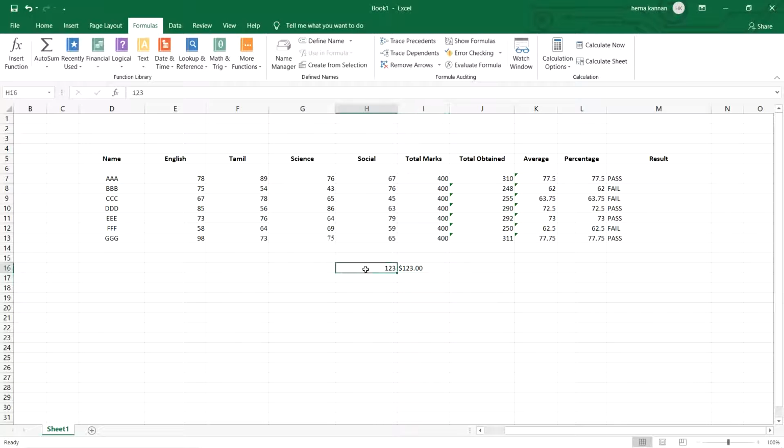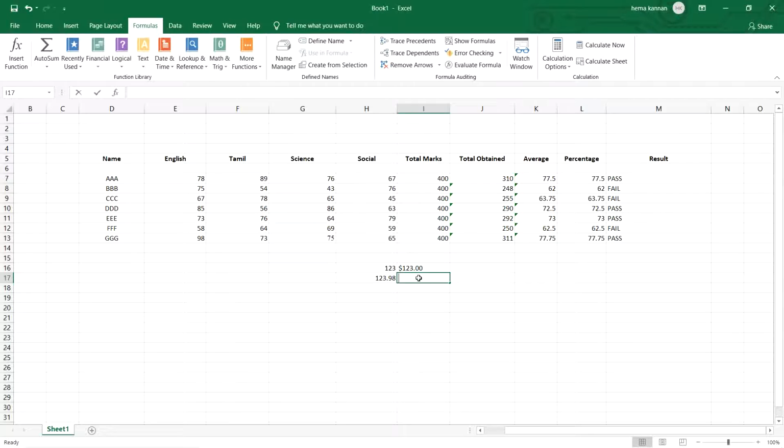You got the option, right? So 123 has been displayed as $123.00 with the help of our text formatting. In the same way we can do anything. Here the other example I can show you, that is 123.98, we have some number. This number I need to change as a rounded number.